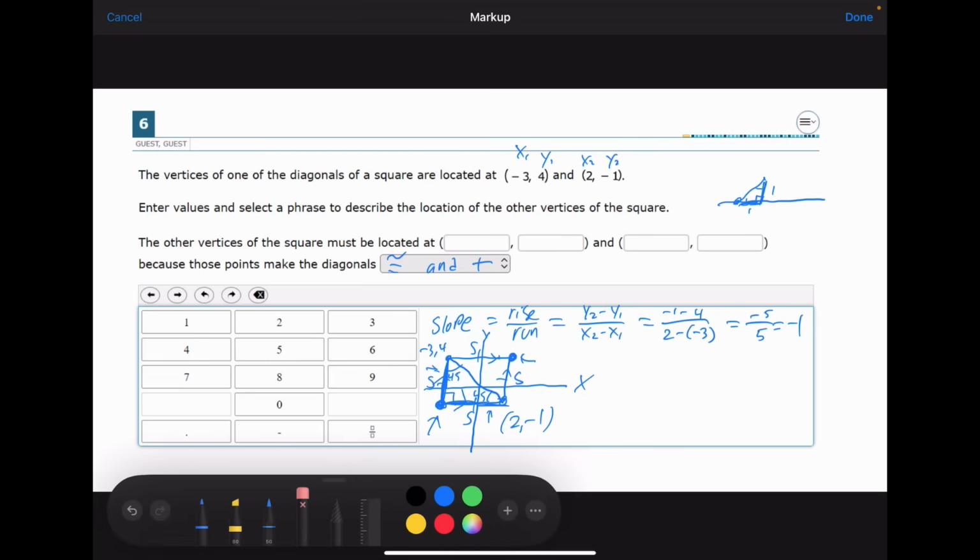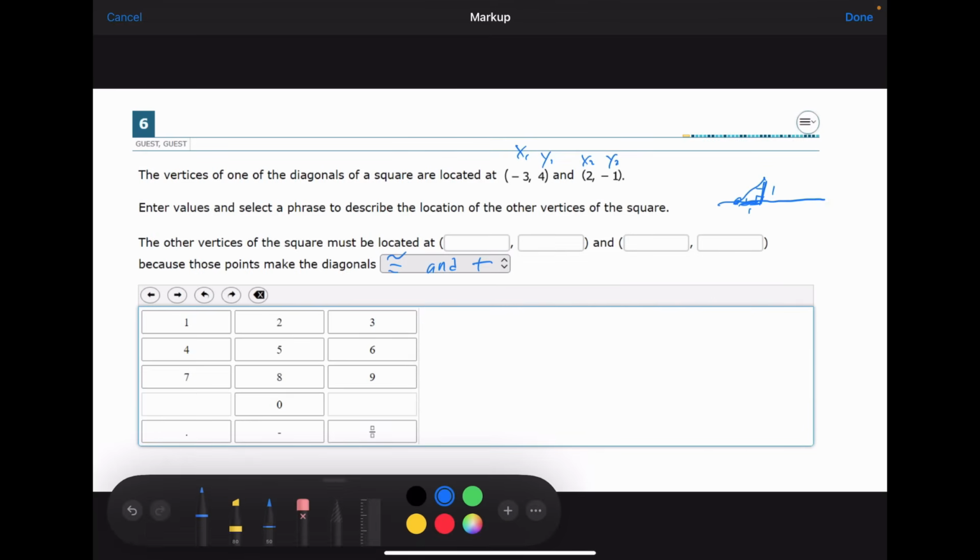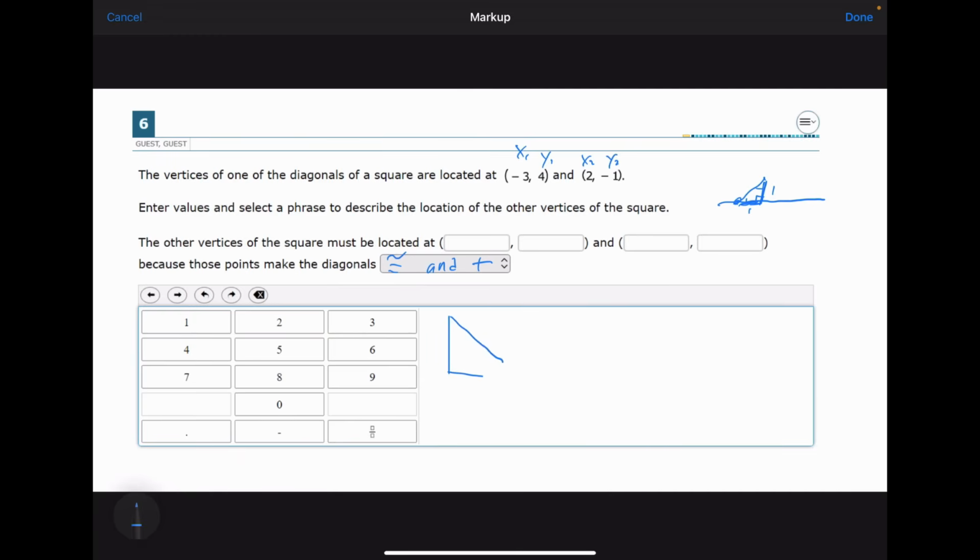So I'm going to remove some of this. And now let's redraw this 45, 45, 90. So this is the side length of the square, and this is the diagonal. Shouldn't say side length, it should just say diagonal length. And what is our diagonal length? Our diagonal length is the distance formula for our 2 points that we're given, which is this formula here, distance formula,